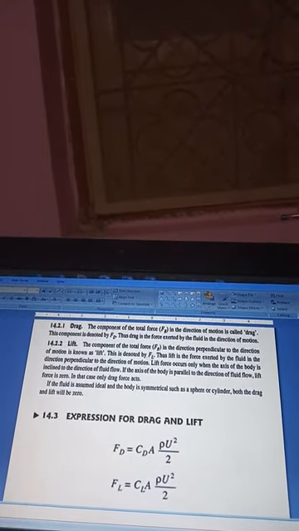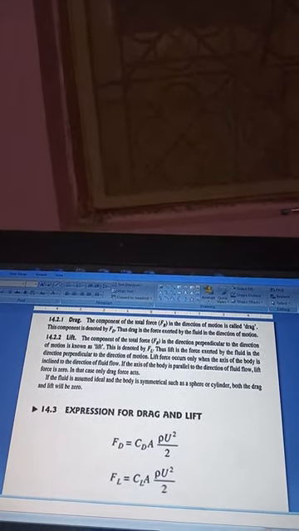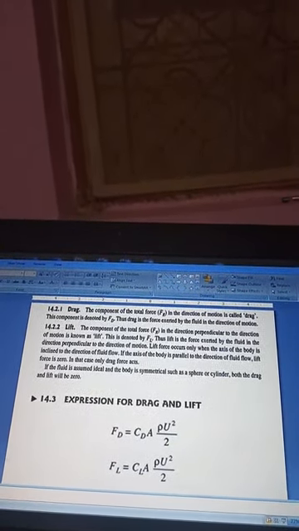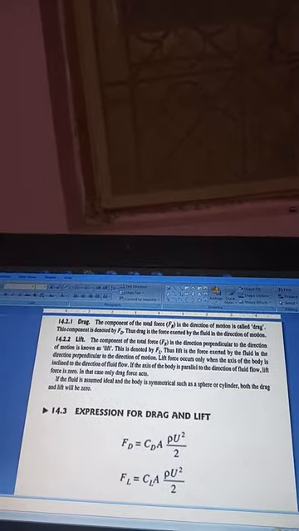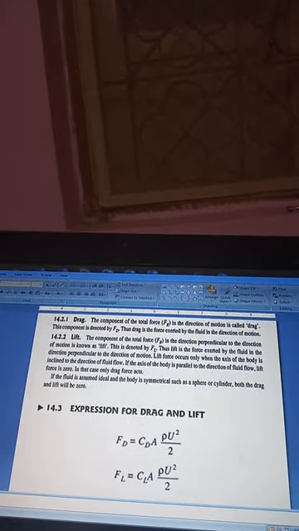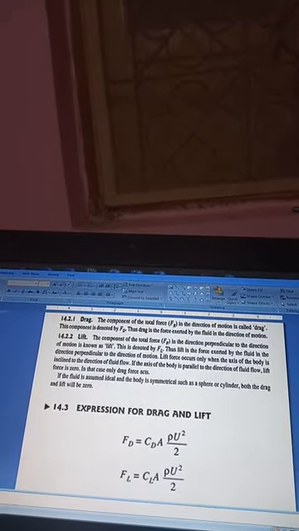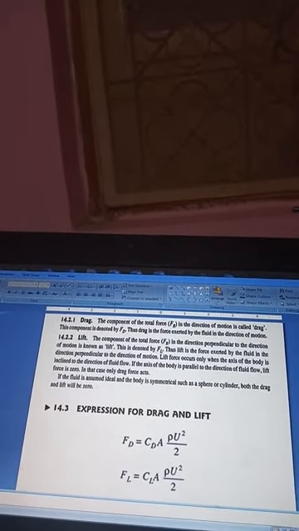Now here also you have to use those equations, but after doing the rigorous calculations you are going to end at some formula. Instead of going through those long step calculations, what is important from the exam point of view, that only I am taking in this topic. So I have directly written the expression for the drag and lift force.